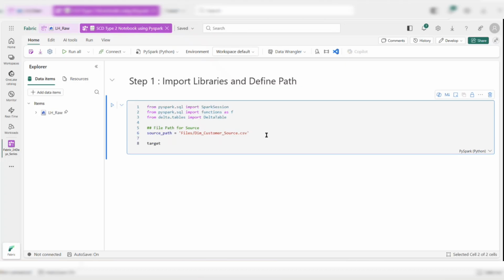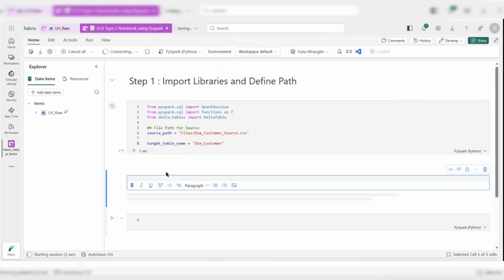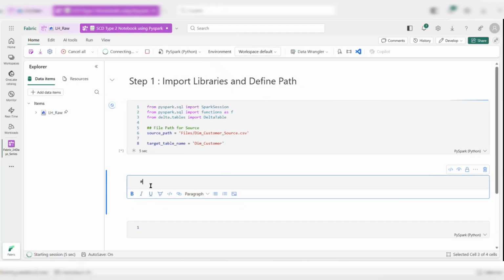For the target table also, I'll write a name. So target_table_name, I want it as dim_customer. I'll take that. Let's run this. Now our step 2 will be